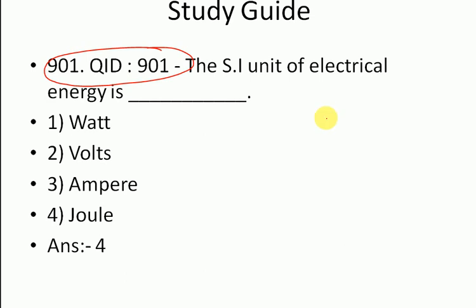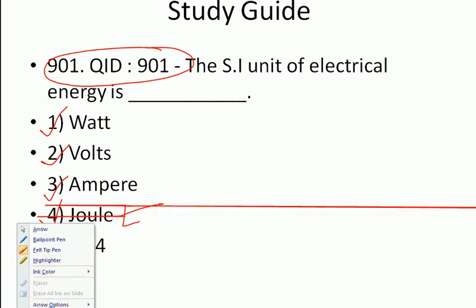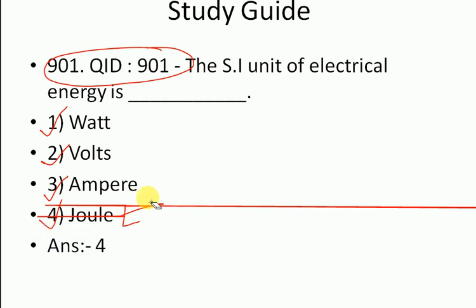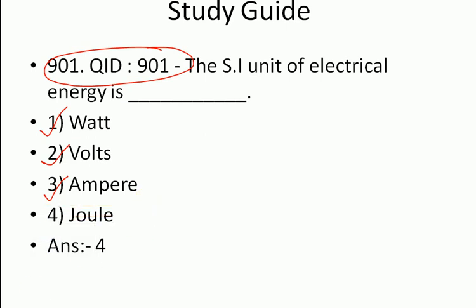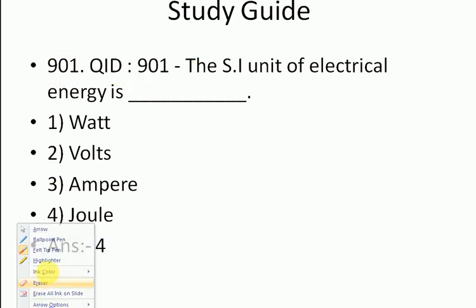What is the SI unit of electrical energy? Watt is the unit of power, volt is voltage, ampere is current, and joule is the unit of energy. So what will be the correct answer? The correct answer will be the joule. Coming to the next question,